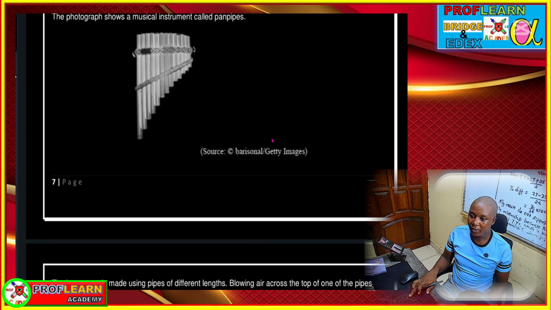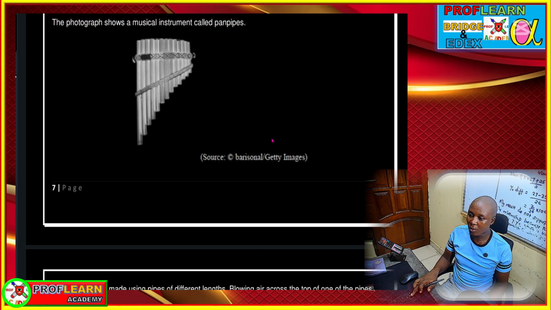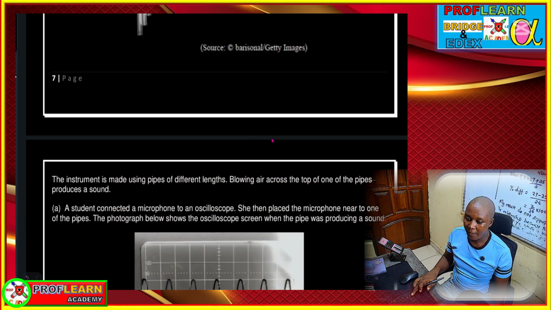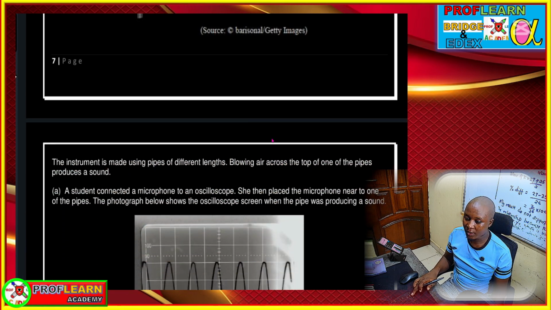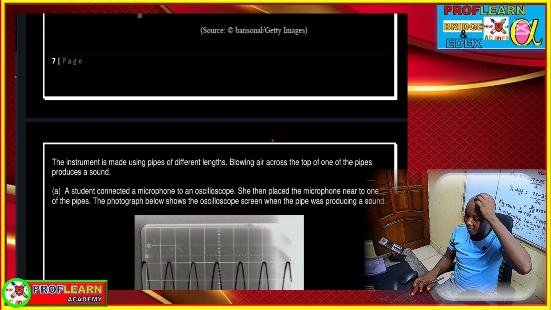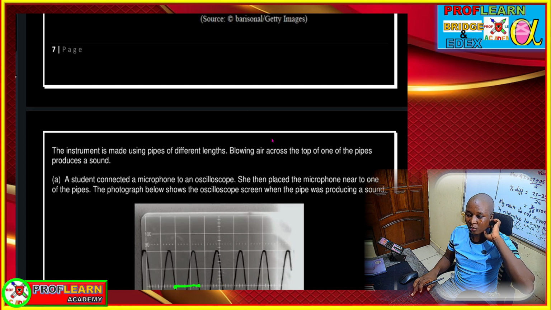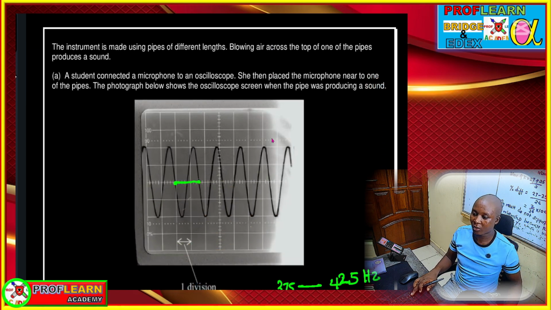Question number 4, we are told the photograph shows a musical instrument called panpipes. And then we are told the instrument is made using pipes of different lengths. Blowing air across the top of one of the pipes produces sound. A student connected a microphone to an oscilloscope, and then she